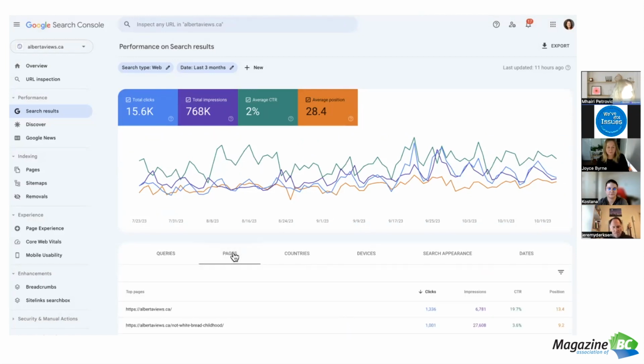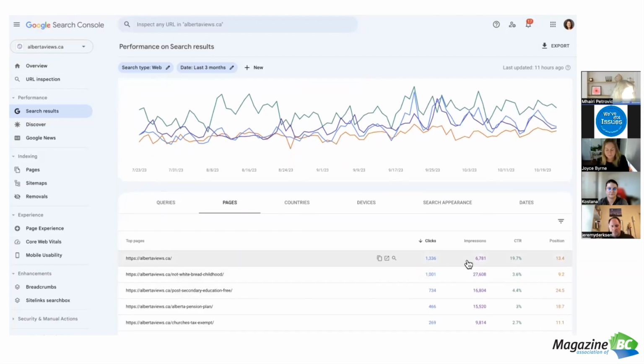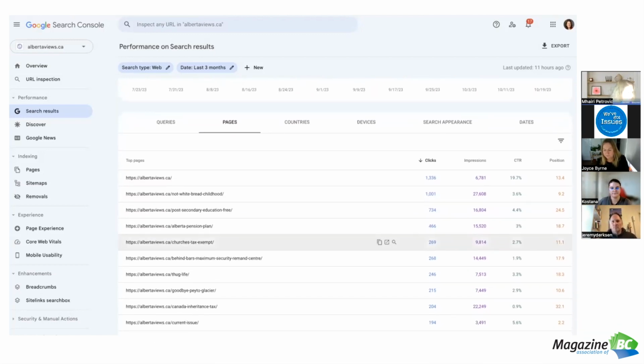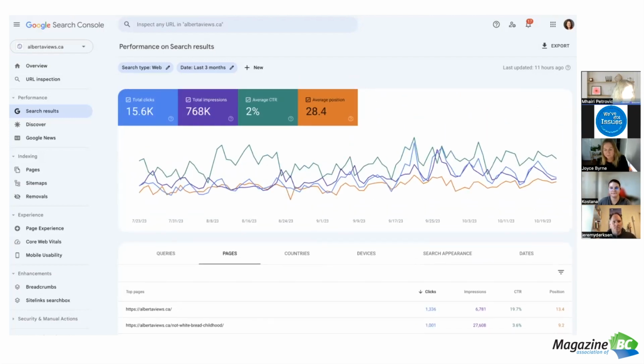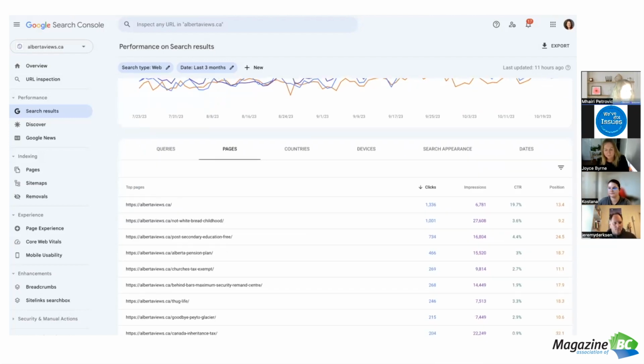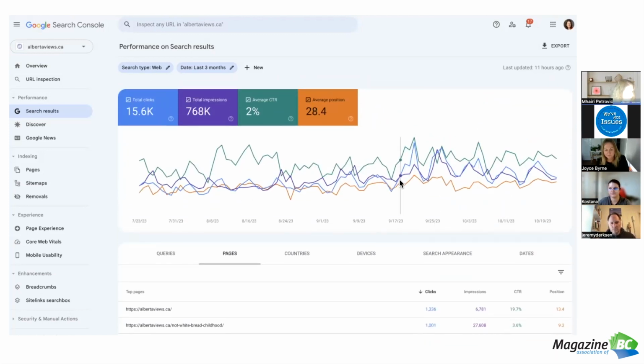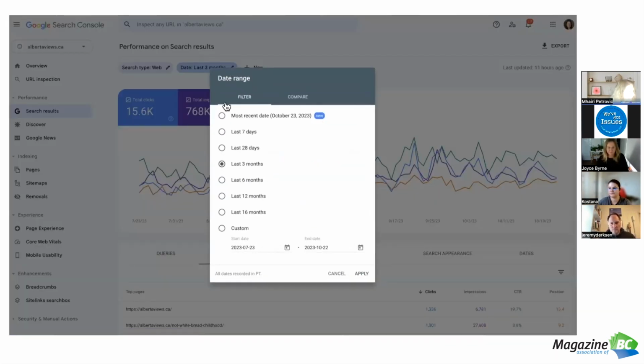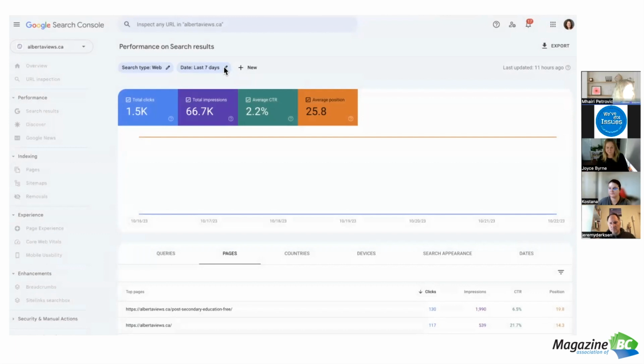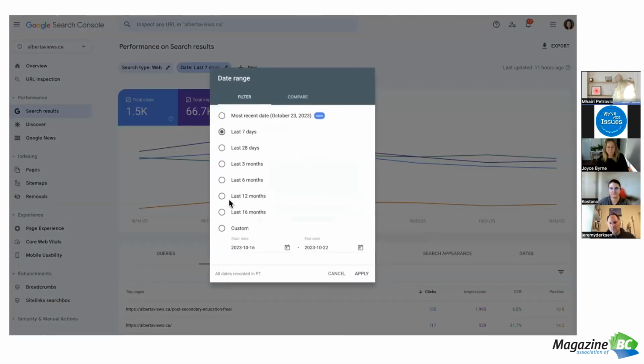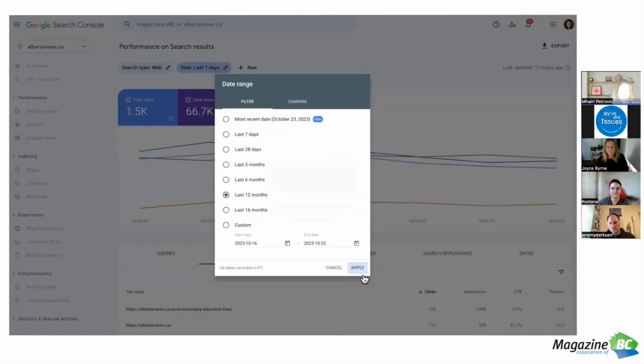So you can see which pages are the most visited in terms of clicks, impressions. This is really valuable. Your fourth column here tells you your positioning. This is your rank when people are searching for it. So we can see which pages over the last 3 months and where they rank for your articles and content. You can also change this up if you were interested in something over the last 7 days, you could apply that. If you were interested over the last 12 months, you can choose different components from there as well.